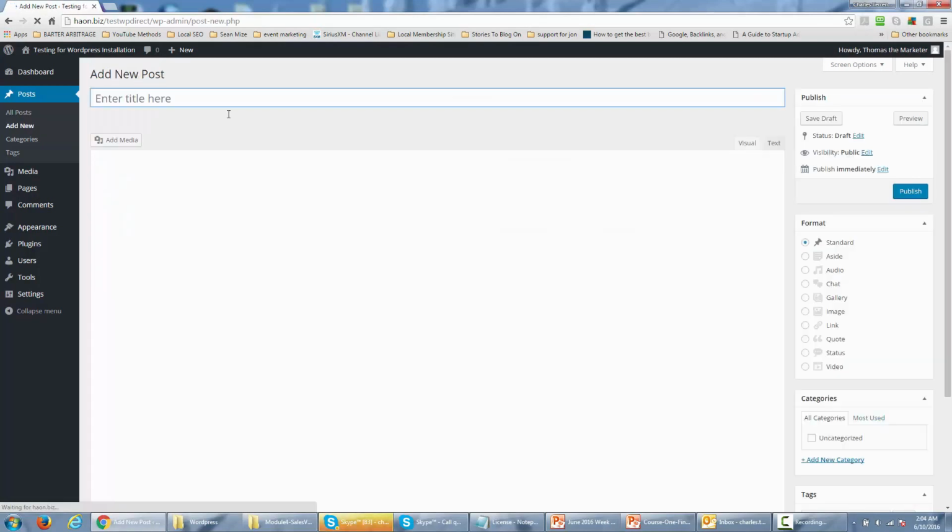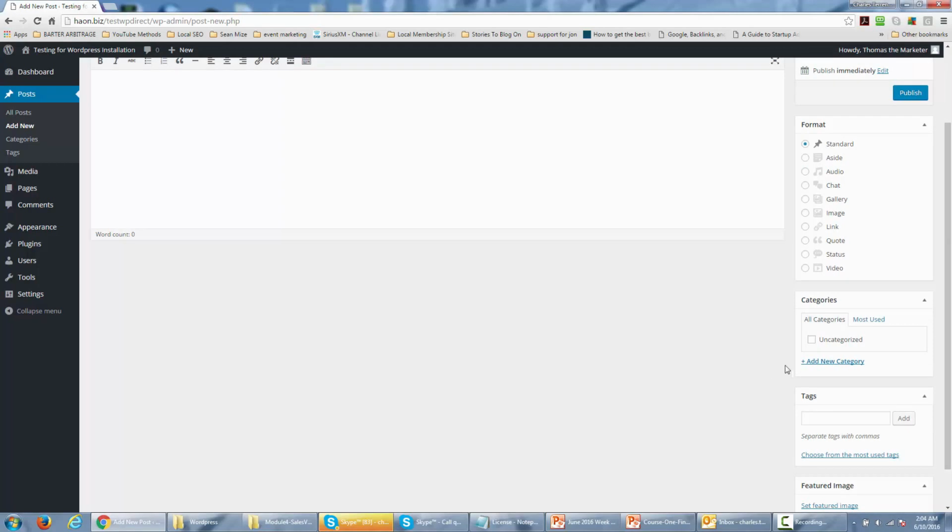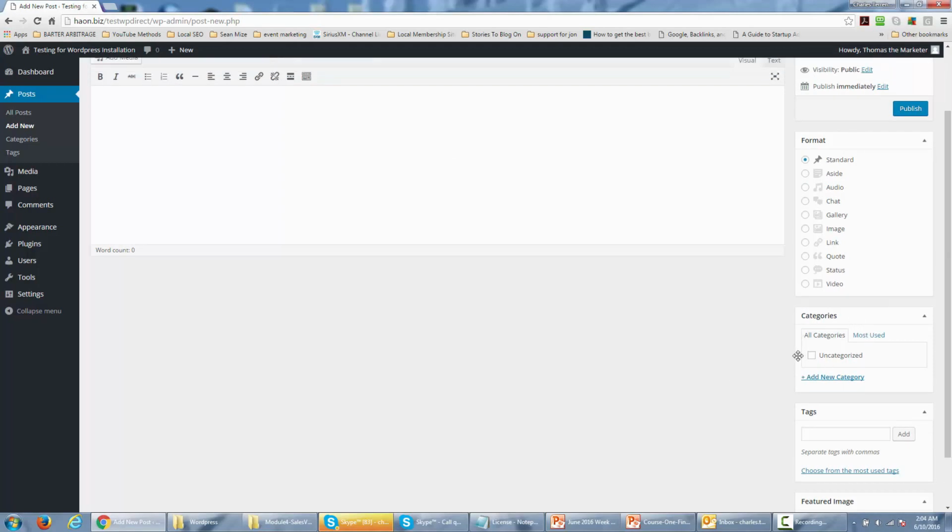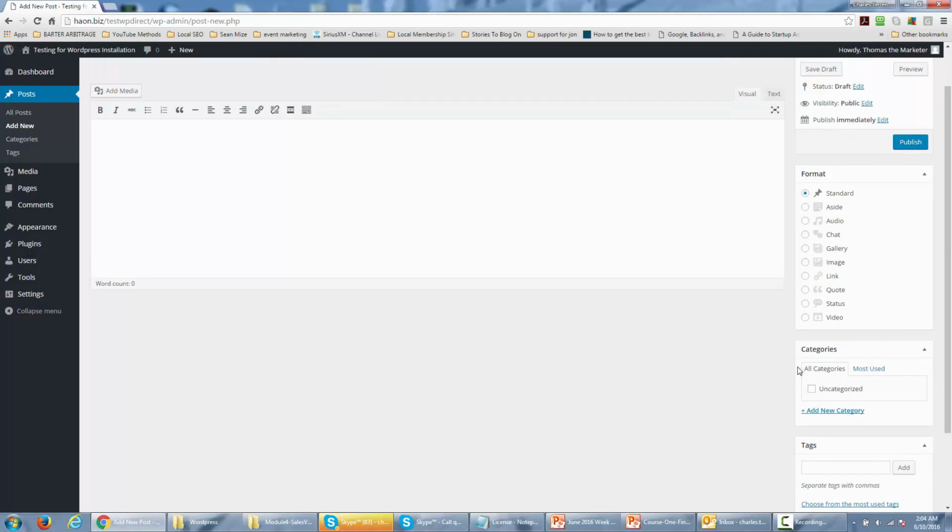And there are a couple of things that you'll want to know about creating posts. Posts are the most common way of creating content in a WordPress site, and you are going to want to have your post organized by some kind of category. Now, whenever you're in the posting area, WordPress will start out with an uncategorized area, but you can actually add a specific category to the post that you are writing. And all posts are going to be organized by category, unless you decide to leave it uncategorized and to a